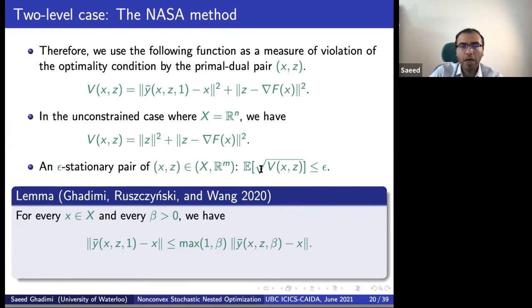So we are looking for a solution that satisfies this condition. There is a question in the chat: is the gradient in the normal cone sufficient for a local minimum in the interior of the constraint set if the objective function is non-convex? Couldn't it have a saddle point? Yes. Essentially, if the gradient of the objective function is 0 on the interior of the feasible set, then you get a stationary point.